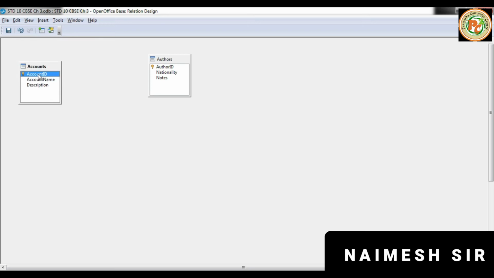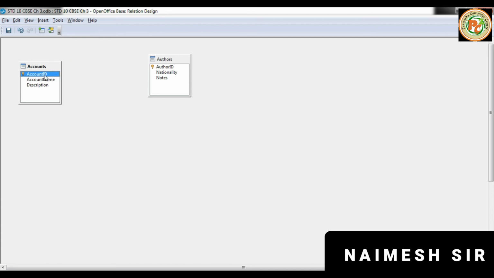if we apply relationship account ID to only here author ID, so it is called 1 to 1. But if we assign author account ID to author ID and nationality both, then it is called 1 to many. And many to many means if in this number of fields can communicate to the number of authors also, and here number of fields from author can communicate with the account also, that is called many to many. Okay, to insert the, we can click on the new relationship.